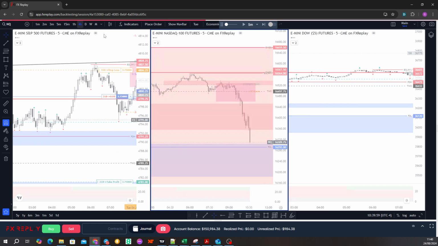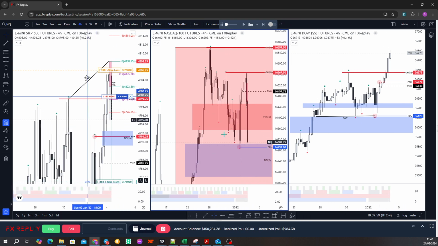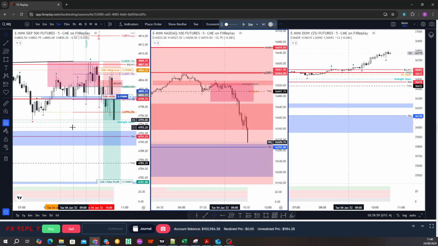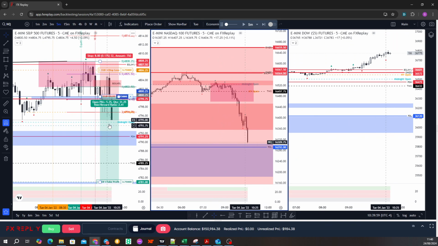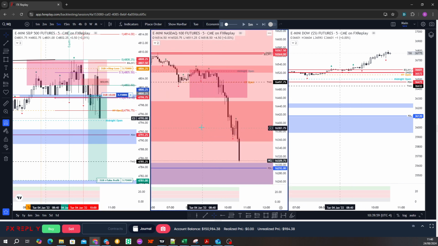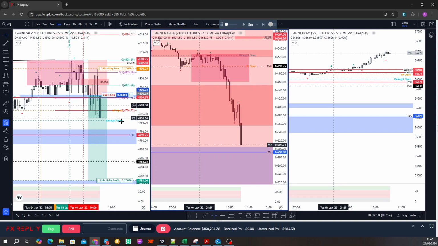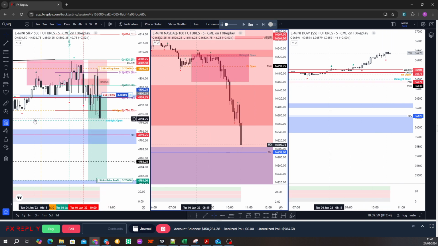if we just scroll out to the 4 hour, that's getting to its previous day low. So when NQ gets to its previous day low, this trade needs to be at break even. Okay, so I'm monitoring NQ here. We want to see NQ trade to and through and close below here with displacement. That will confirm that we're likely going to see lower prices, but nonetheless this will be moved to break even.